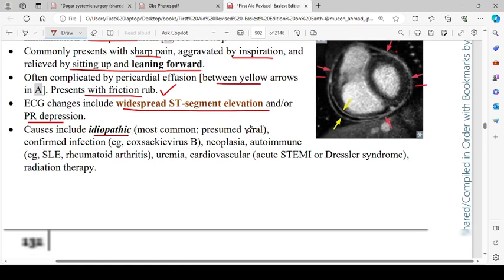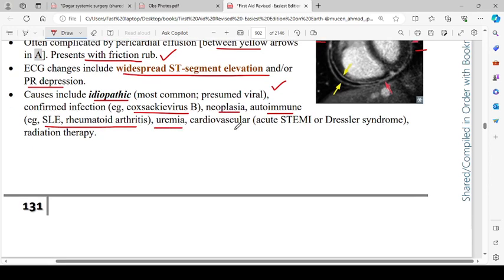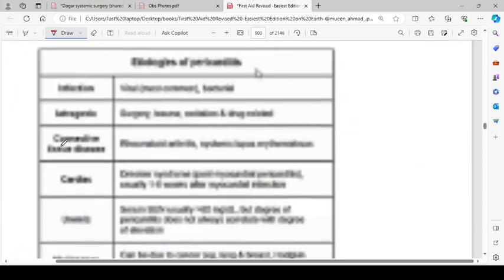Causes include idiopathic, most common, presumed viral. Confirmed infection, for example, Coxsackie B, neoplasia. Autoimmune, for example, SLE and rheumatoid arthritis. Uremia, cardiovascular, acute STEMI or Dressler syndrome, and radiation therapy. So here we can see the